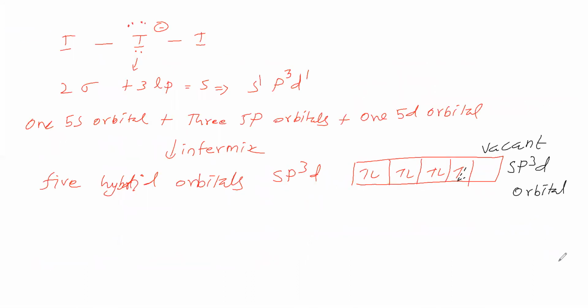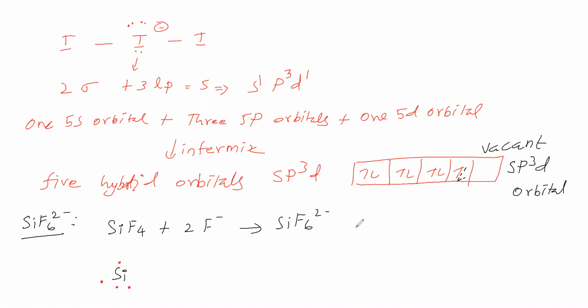Okay. Next we will see SiF6 2 minus. How to get SiF6 2 minus? SiF4 plus 2 times F minus gives SiF6 2 minus. This silicon we will take. Silicon comes under group number 4A. It is a p block element. So its valence shell is having 4 electrons.